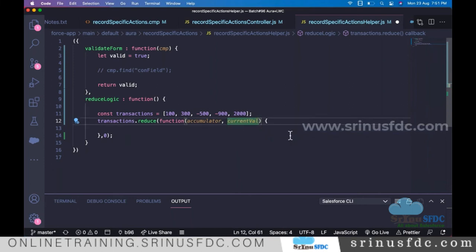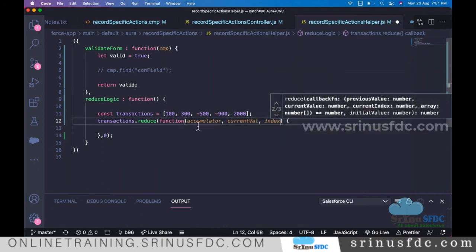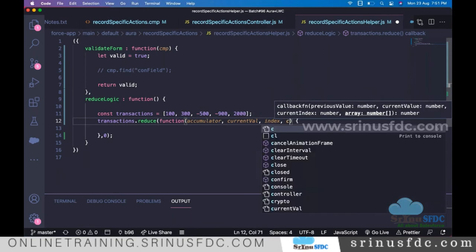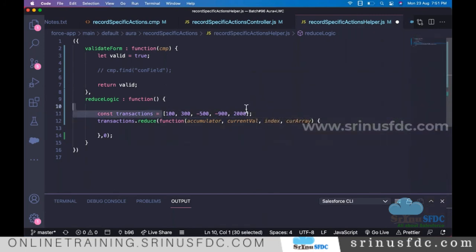And also the index: first element 0th index, second element first index. And array, so this entire array information will be held in this variable. That's the default behavior.